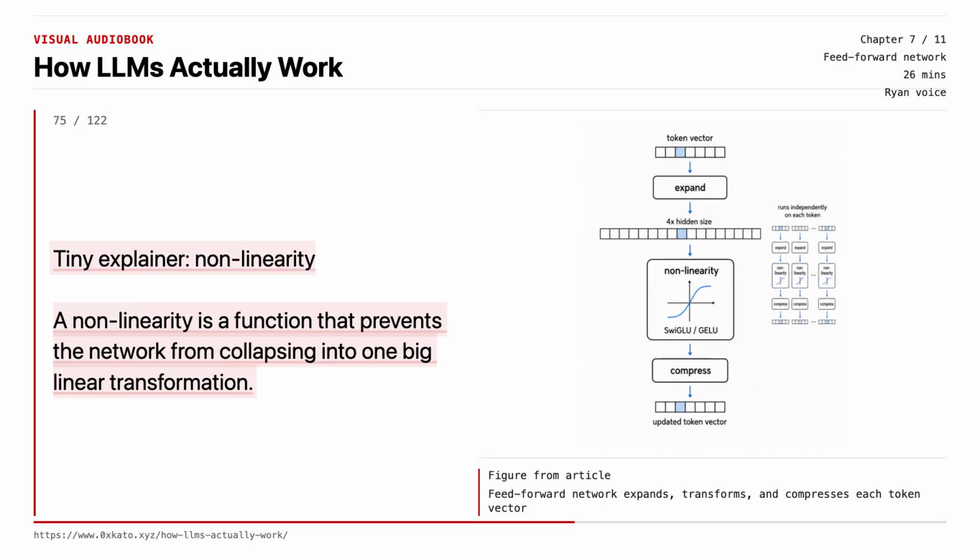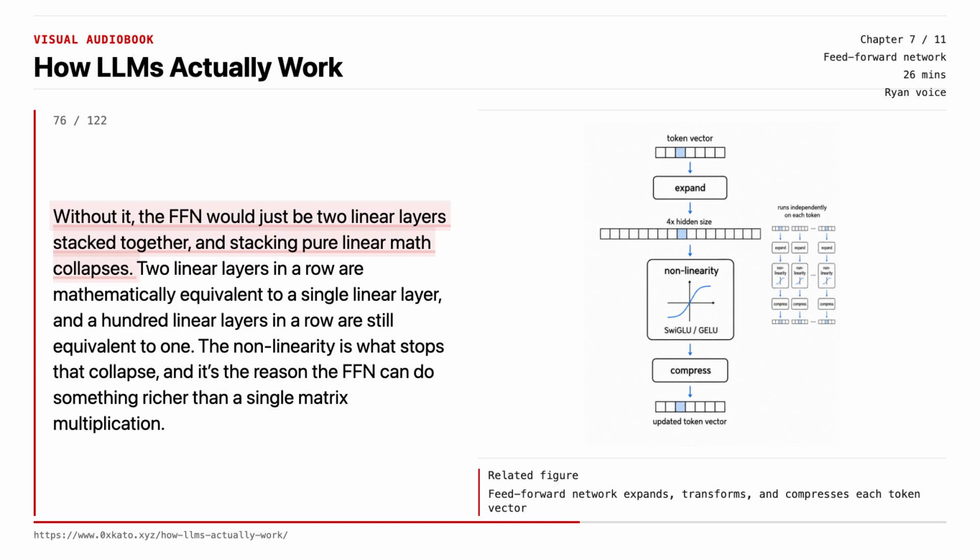Tiny explainer. Nonlinearity. A nonlinearity is a function that prevents the network from collapsing into one big linear transformation. Without it, the FFN would just be 2 linear layers stacked together, and stacking pure linear math collapses. 2 linear layers in a row are mathematically equivalent to a single linear layer, and 100 linear layers in a row are still equivalent to 1. The nonlinearity is what stops that collapse, and it's the reason the FFN can do something richer than a single